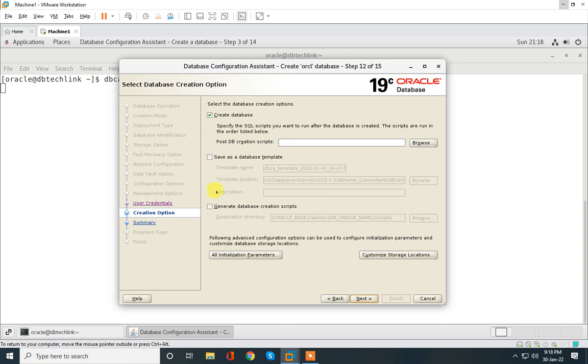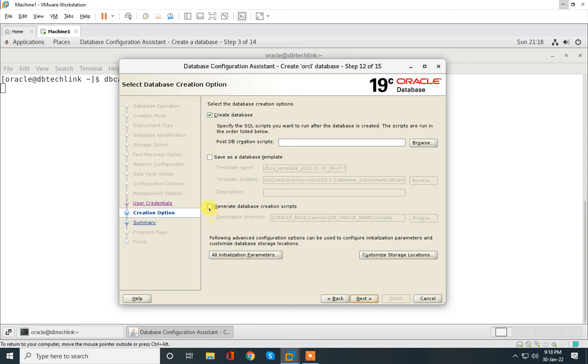On this page, you will get three options: create a database, which is our main activity. We are going to create the database, but you can also save this database configuration as a template so that you can use it later. And you can also generate your database creation script, so that if your environment is not allowing you to run DBCA, you can create the database manually also.